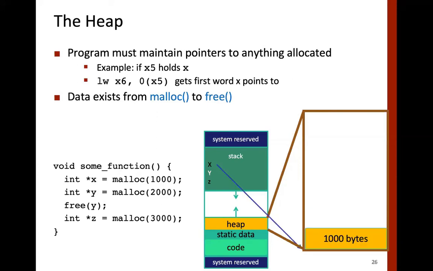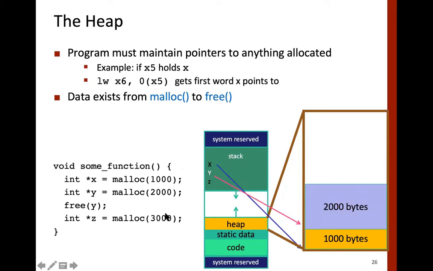When you execute the first instruction, 1000 bytes are allocated here. And X is now a variable that is in stack. The value of X is the beginning position of this 1000 byte area. Similarly, when you execute the second statement, 2000 bytes are allocated, and Y is created in stack, and Y represents the beginning of the 2000 bytes.